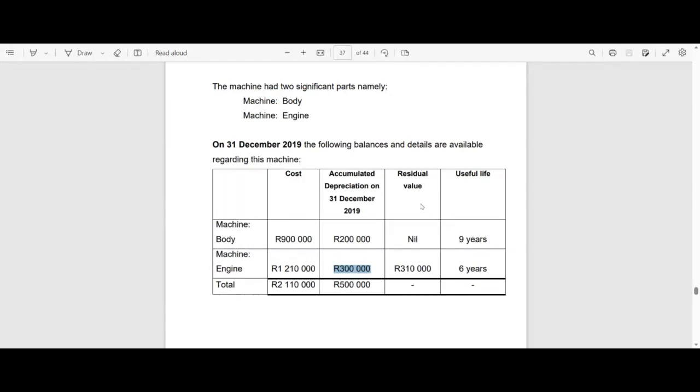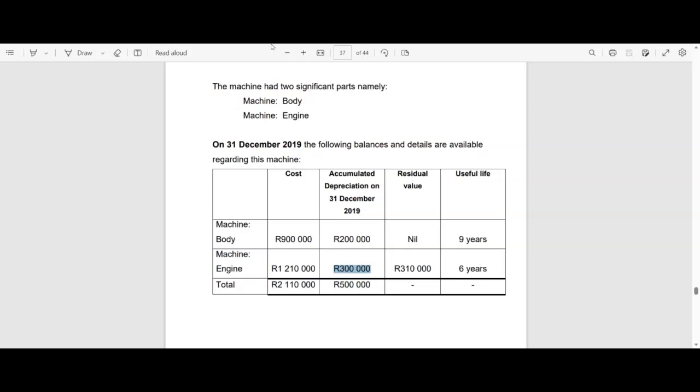Then they give us some further details here. They say that our estimated residual value in the case of the machine is that we won't be able to get anything for it. We won't be able to sell it even for scrap. So it has no residual value. So that means simply, ladies and gentlemen, that